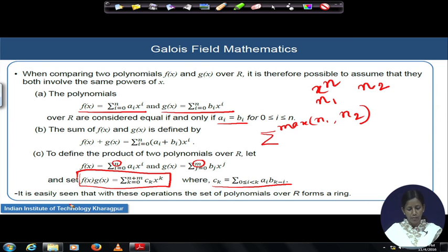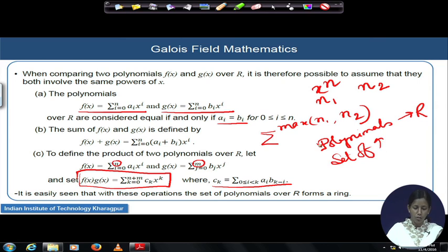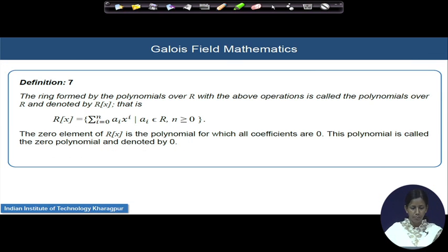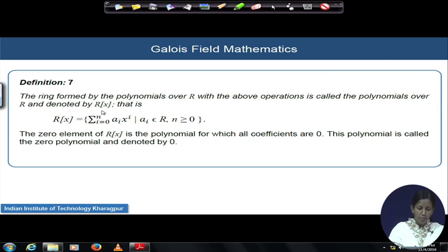It is easily seen that with this operation, the set of polynomials over R also forms a ring. So polynomials are a part of a ring, and the set of polynomials having such properties can form another ring, which we will call the polynomial ring over the ring R. The ring formed by the polynomials over R with these properties will be expressed by R[x],